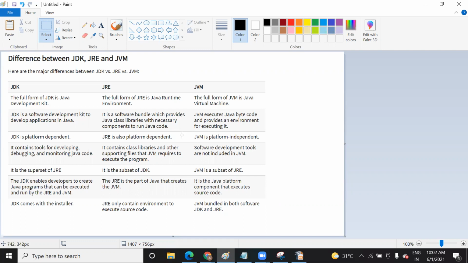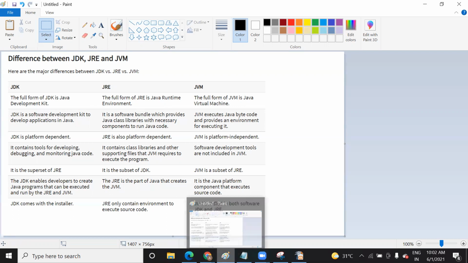And JVM or JRE, sorry, they will provide you the environment to run your program. How will they create an environment? With the help of libraries, they will help you to bind the code. Bind means, when we run the normal code, each and every module needs a binding between them, or you can say a communication, so that when one instruction is executed, the other instruction should be ready to execute. So the environment is created with the help of that JRE, which will create a binding between every program, module, component, right?